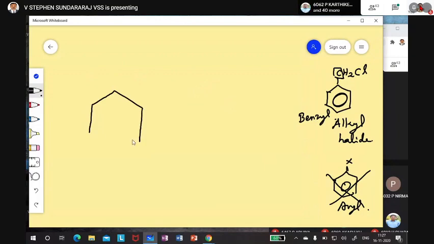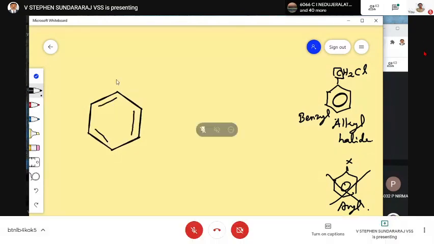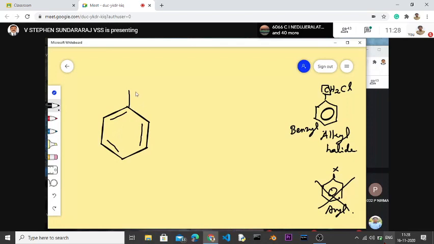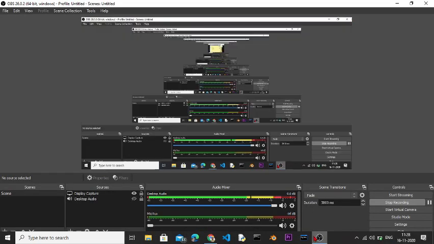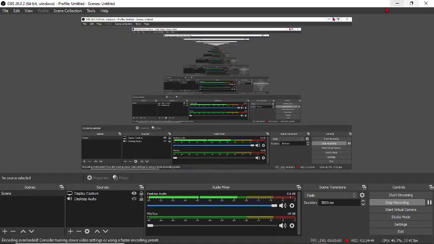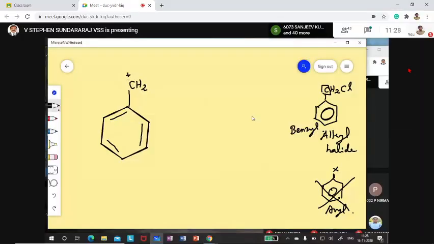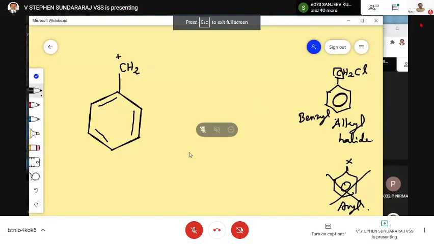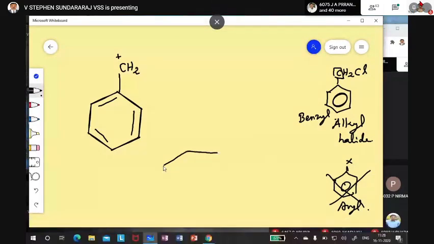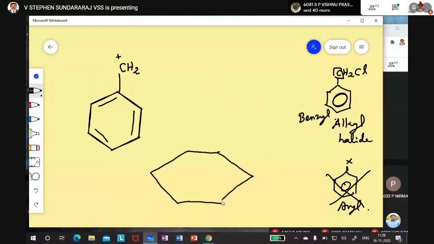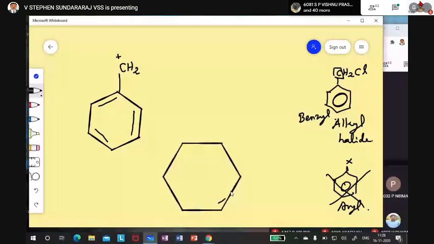Okay, so now I am writing benzyl directly with the big structure so that you can understand. Here there will be 1, 2, 3, and here 1, CH2, and when OH is gone, what will come? A positive charge. Now I am writing in the form you studied in 11th standard when you studied resonance, so that it is easy to understand. Here one CH2 is there, and the plus means an empty orbital.